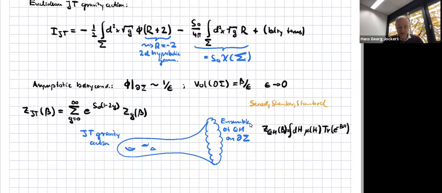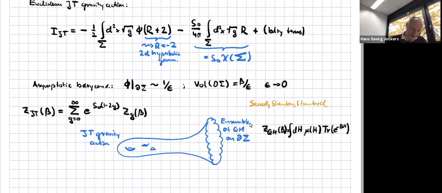Okay, so now we come back to the question Suresh was raising. I will now in this talk mainly focus on this side, although this side can also be discussed, and we do that in the paper. So you can evaluate this side with standard matrix model techniques. And the nice part is that also on that side, you can explicitly compute these various ingredients, as has been noted by this very interesting work here.